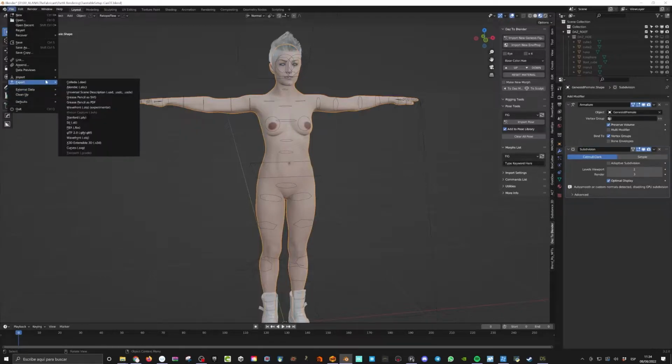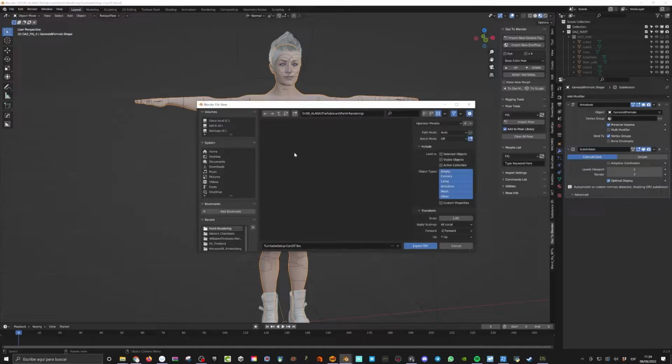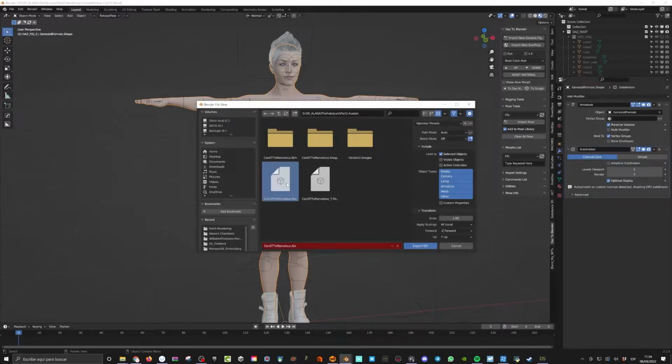So file, export, and then FBX, selected objects only, and I'm gonna go to, I guess, part 2 clothing or part 1 avatar. Part 1 avatar. So I'm gonna go with Candid to Marvelous, and I'm gonna say